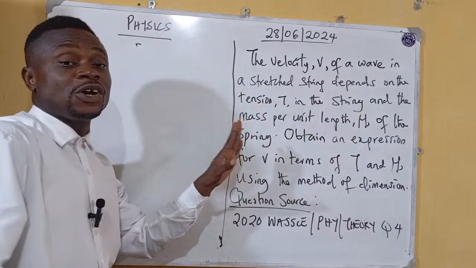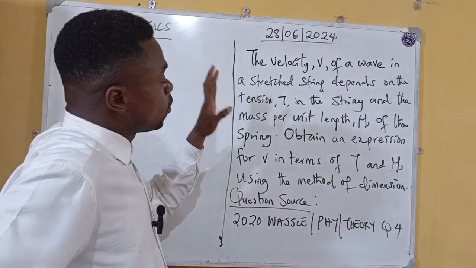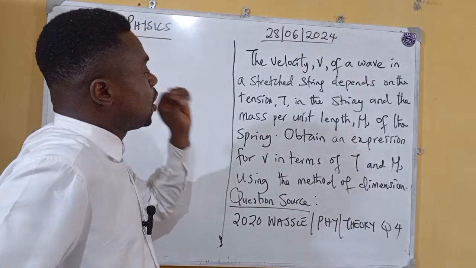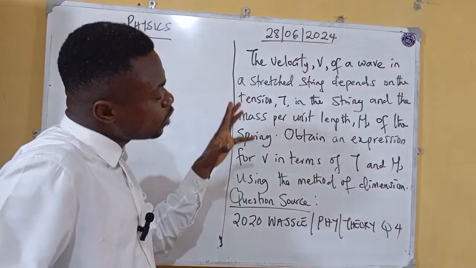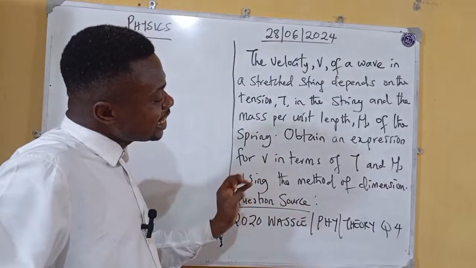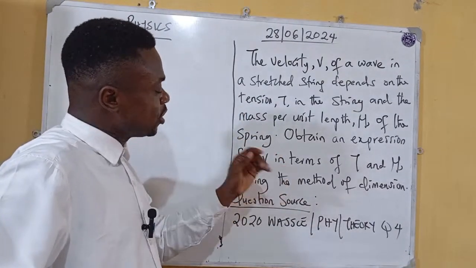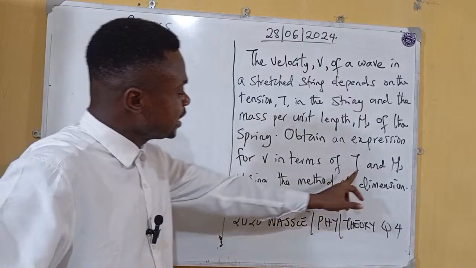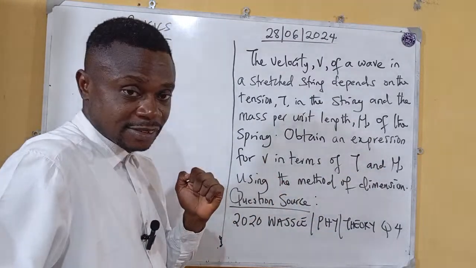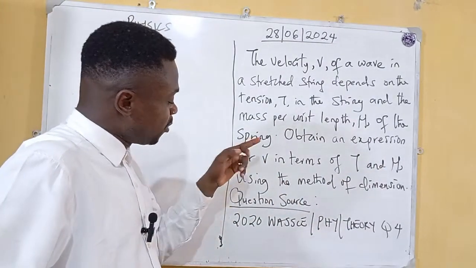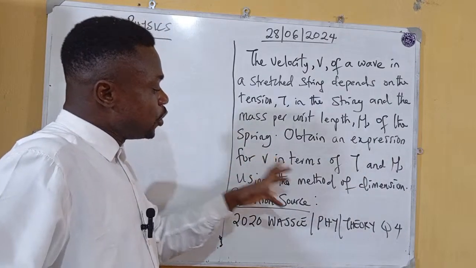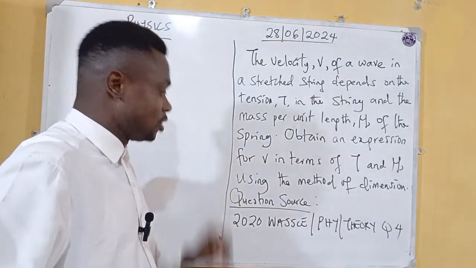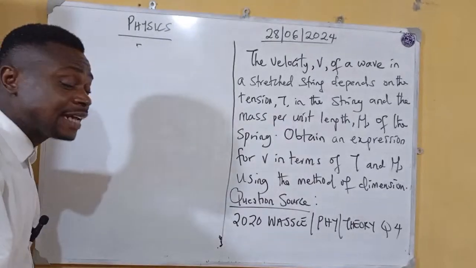Okay, this question is under dimension of physical quantities. So they want us to determine the expression joining this and this. So express this in terms of this and this using dimension. Alright, remember that in